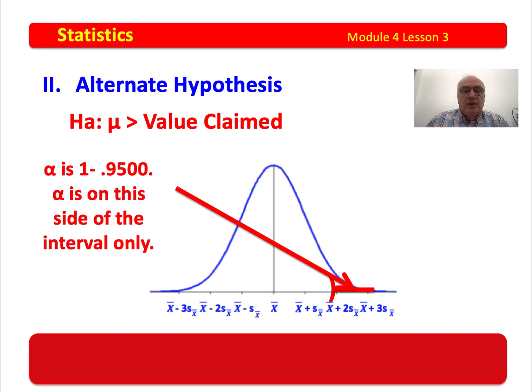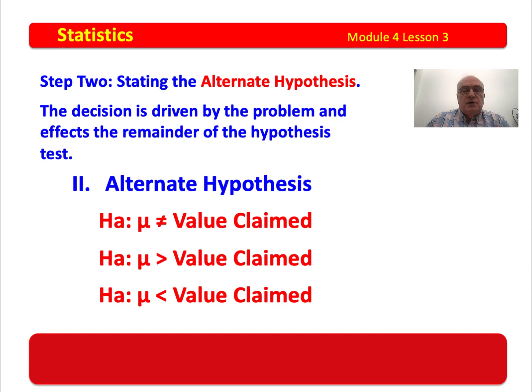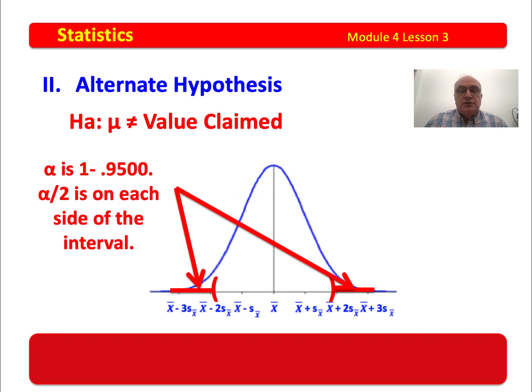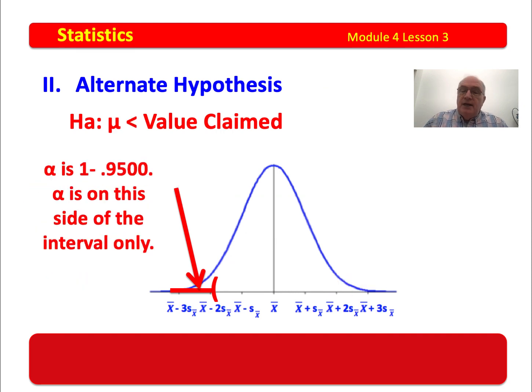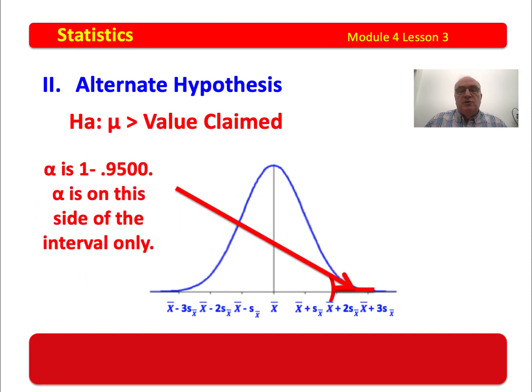When you do your alternate hypothesis and you select which of these it is, draw the picture. Label in that picture what the boundary is. If you draw a mu not equal to, put the arrow on both ends. If you draw a mu less than, put the arrow on the left side. If you have mu greater than, put the arrow on the right side. That picture will help you substantially to label the correct z-critical value, and will also help you in the decision